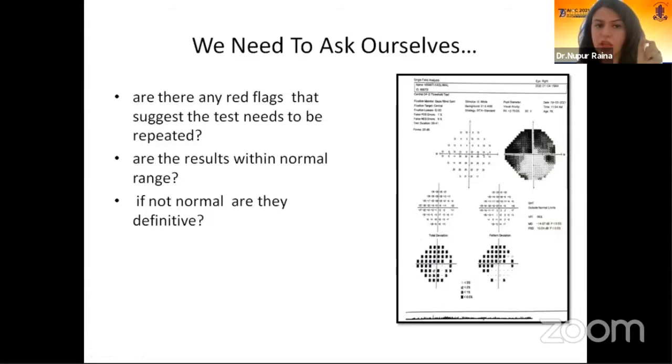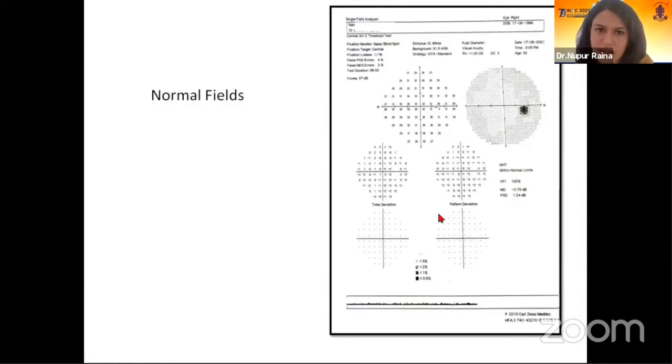Are these definitive? Can be considered definitive, but can we say that this patient has glaucoma? No, we cannot. Never comment on a visual field report unless you've clinically seen the patient. And even then, whenever there is any kind of doubt, always repeat the fields to make sure that the modified Anderson's criteria are followed in the follow-up fields also. So when we look at this field, we look at the reliability indices which look okay. Anderson's criteria are not followed, and everything else looks fine. So it is safe to say that this is a normal visual field report.